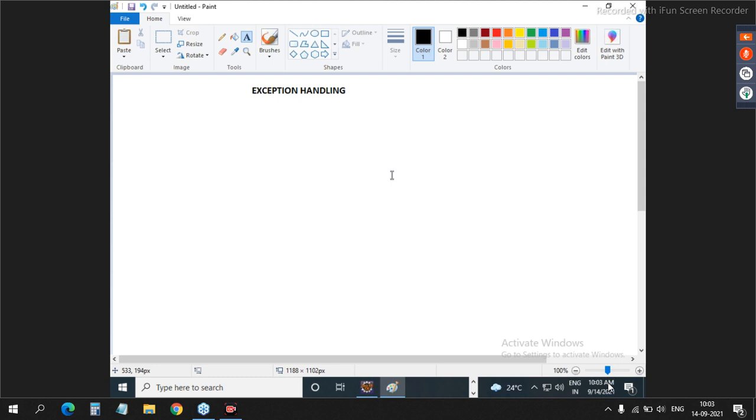Before also, on 2-3 occasions, we saw it. Where did we see it? Array index out of bounds exception, then string index out of bounds exception. Did we see thread dot sleep and at that time interrupted exception? Correct? Okay.